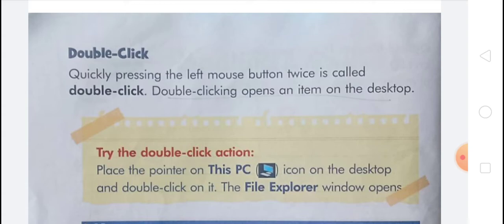The next one is keyboard. A keyboard has many buttons on it called keys. A standard keyboard has 104 keys. Pressing these keys helps us to type words and numbers on a computer. And the next one is mouse. A mouse helps to point, move and select an object on the monitor. A computer mouse has two buttons and a scroll wheel. It is also used to play games and draw pictures.